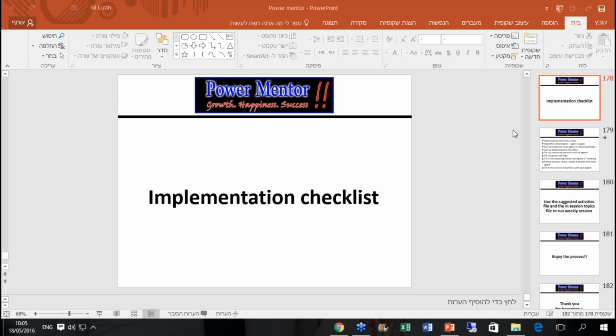actually implementing. So we had this checklist, and I'm going to go step by step, and then I'm going to show you which files you want to use with which agent and how to start the process in your office. Just get the technical part going, which is very important. Get everyone used to the fact that you are now running a mentoring program in your office. And then we'll talk a little bit about the systems that you need to develop in yourselves to